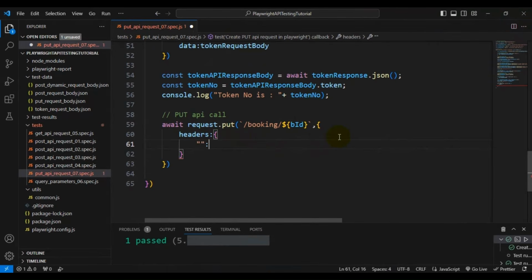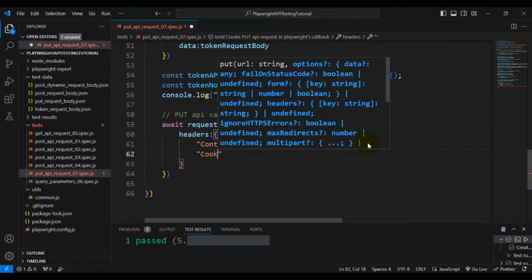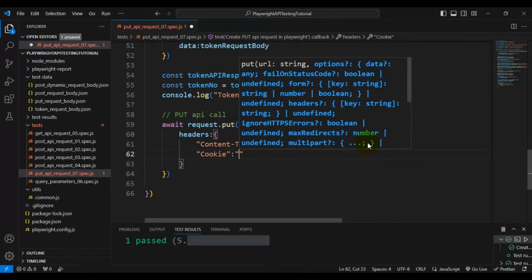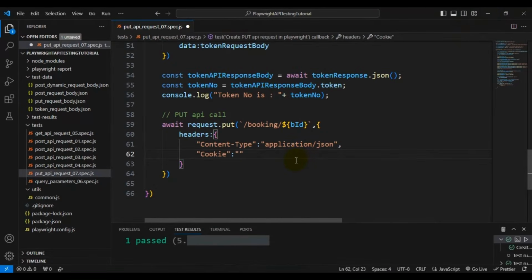Inside the double quotes, we have to specify the key name content-type, and after that we have to specify the value as application/json, and in the similar way we have to pass the cookie as another key, and we have to pass the respective value. If you look at this particular value, we have to pass token equal to, and this is the token number. We have already generated the token number. So here I'll say token equal to,